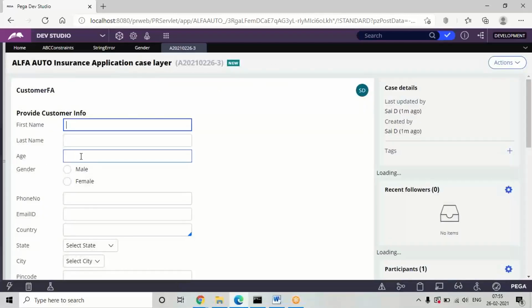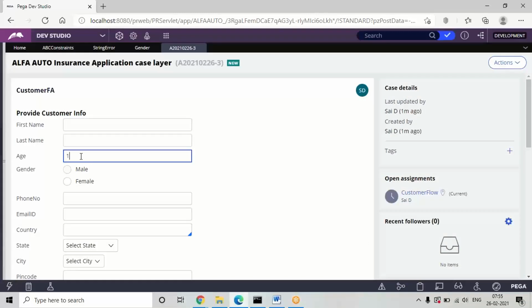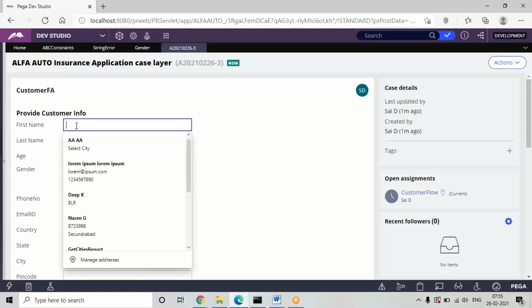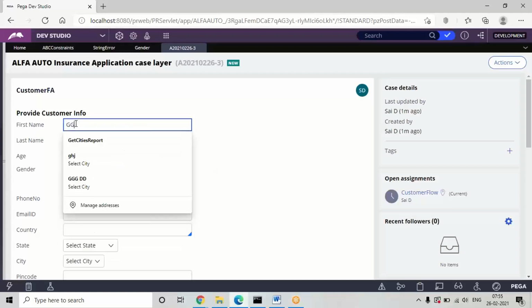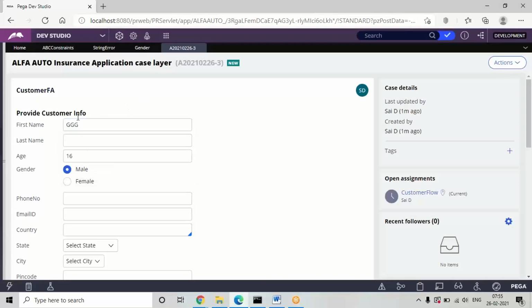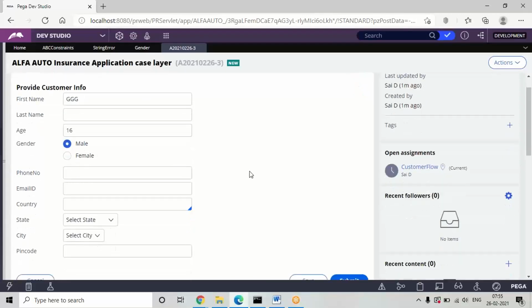Okay, see here, age I'm giving as 16 and male, and try to submit. Before that, give input for the first name, because for that also the input must be different, right? See, if you give blank also it will take the same input, guys. If I don't give any input for first and last name, then also it will take it as a default value, so it will throw an error for the last name property. If I don't give any input, it will throw an error for the last name in the present scenario. Okay, so give some input or set any field as a mandatory field. In real time, they will set it as a required field.